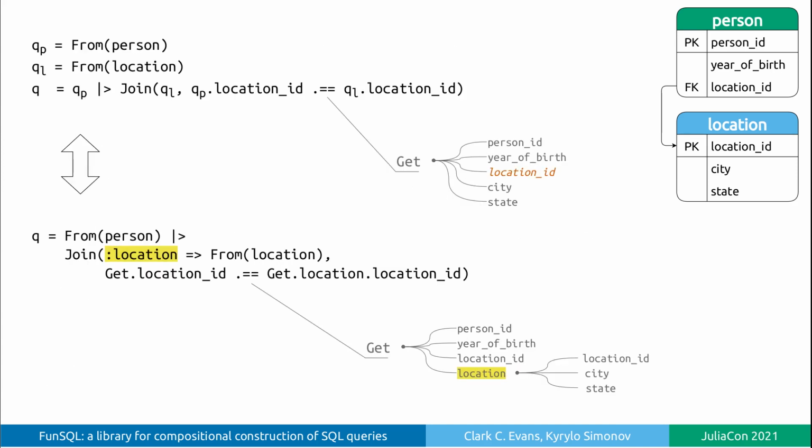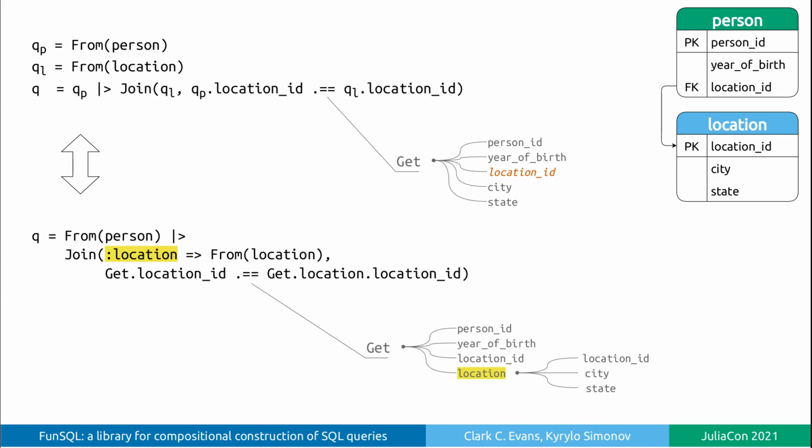The join clause in FunSQL can introduce ambiguity to the use of unbound references. In this example, both tables, person and location, have a column called location_id. So in the context of the join, if we use an unbound reference Get.location_id, which table does it refer to? We like the convenience of unbound references, and we would like to keep them useful even in the presence of ambiguous column names. For this purpose, FunSQL allows arranging available references in hierarchical namespaces.